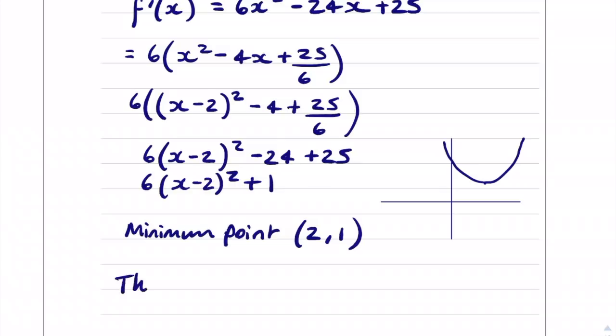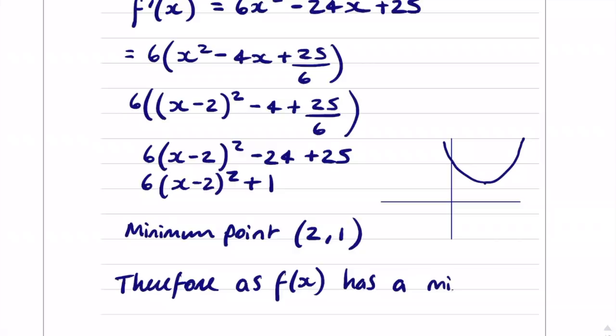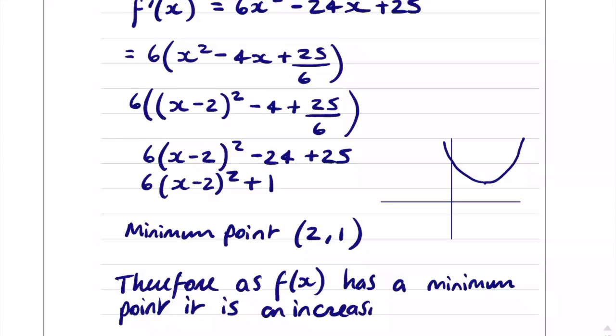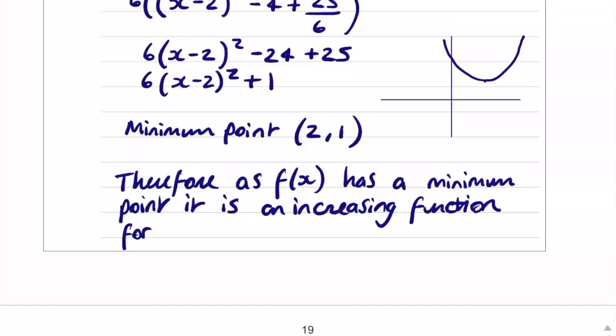So we can say, therefore, as function x has a minimum point, it is an increasing function for all real values